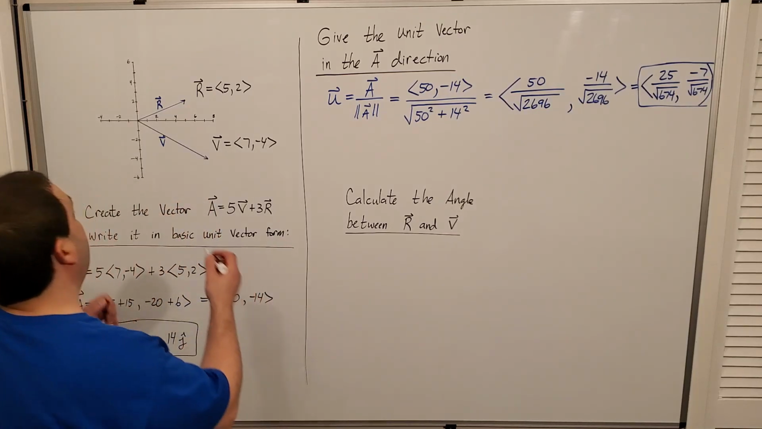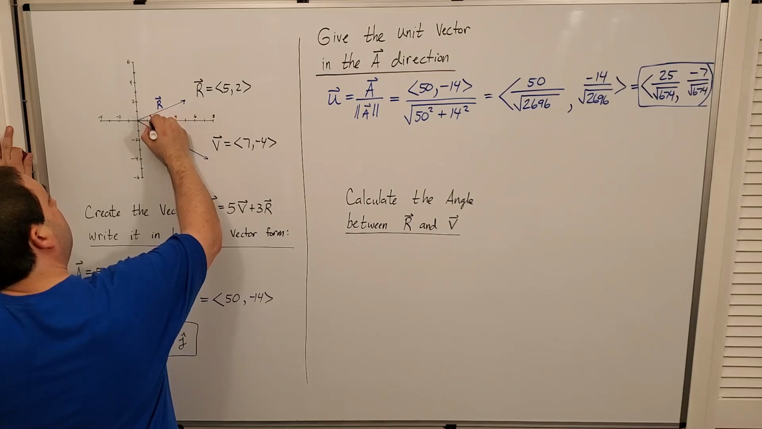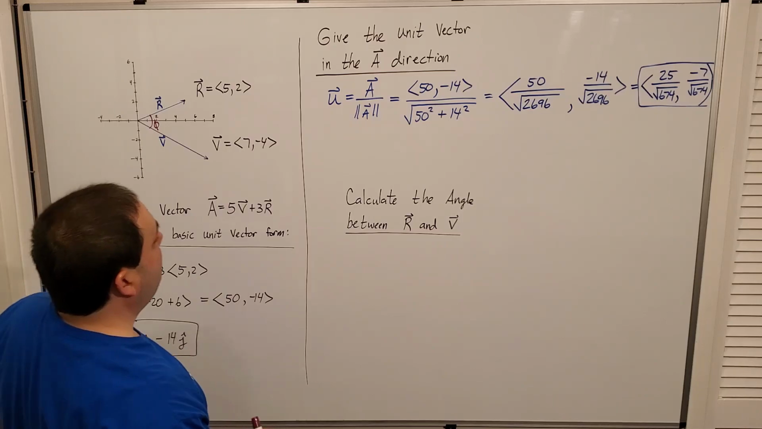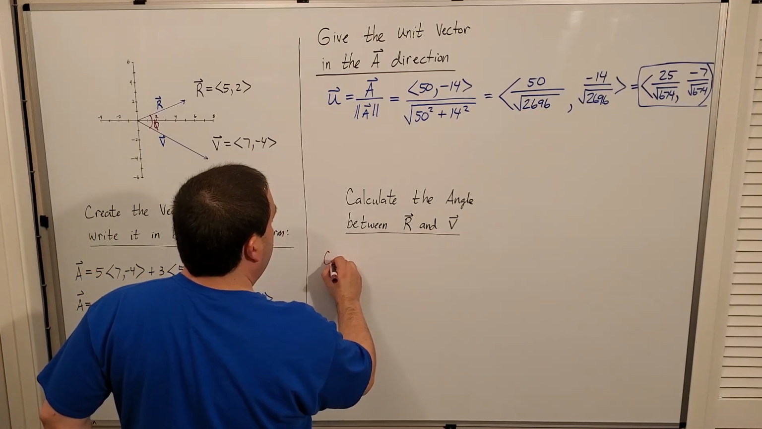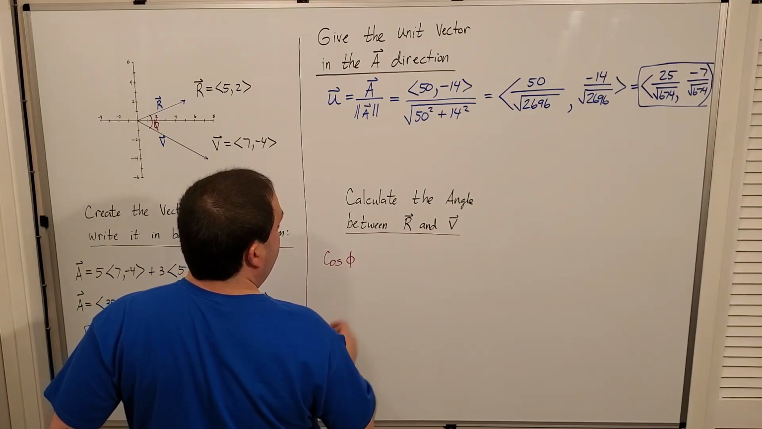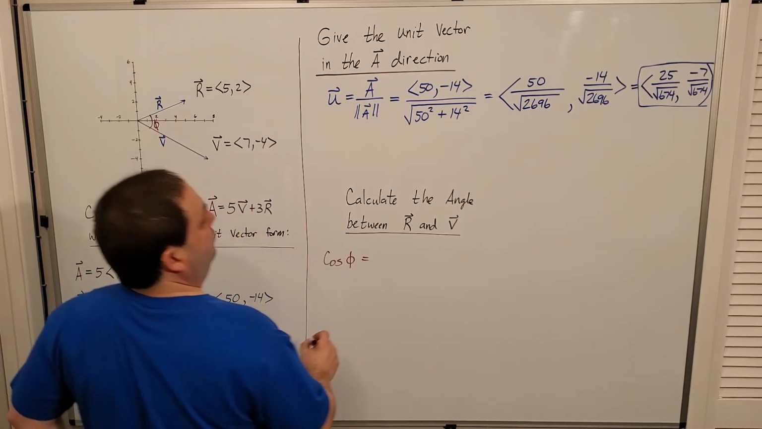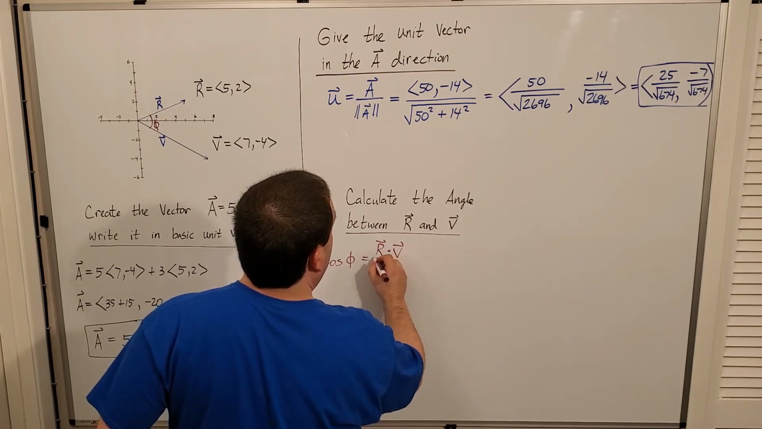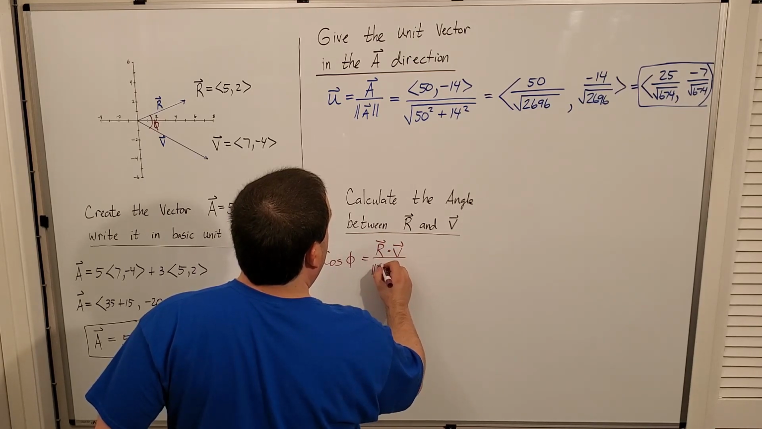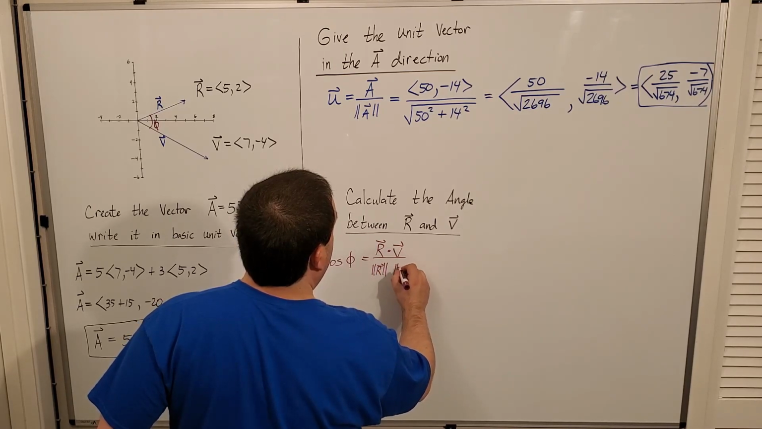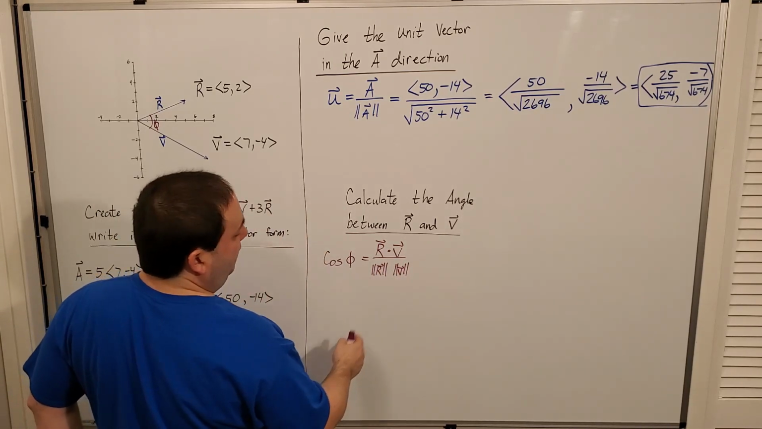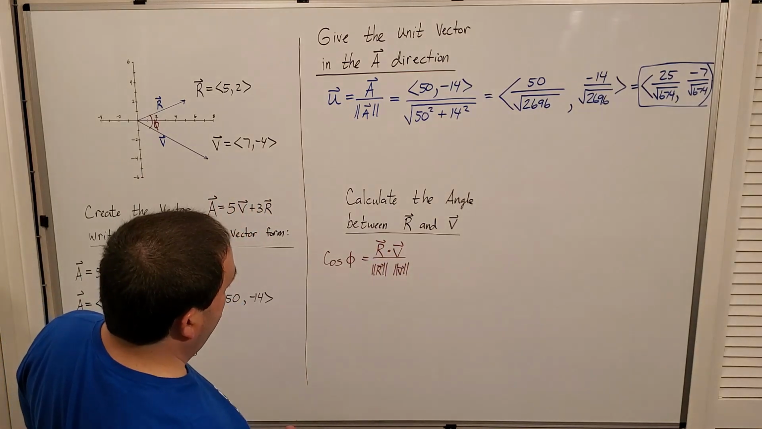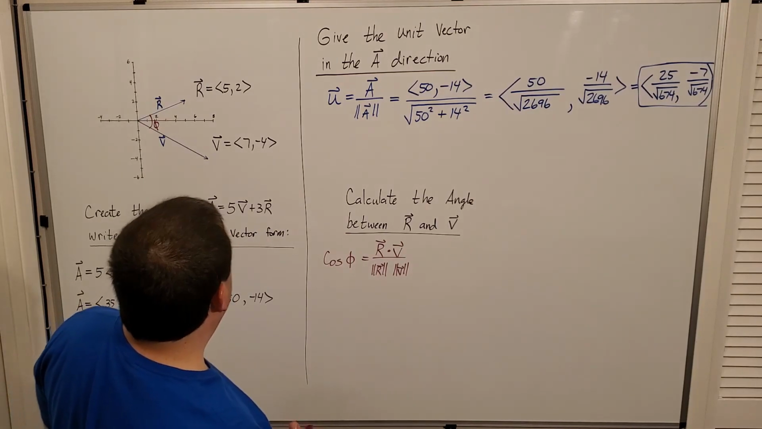So in other words, if I label this angle right here, let's label it phi, right? Then remember, the cosine of that angle phi is going to be equal to R dot V divided by the magnitude of R times the magnitude of V. Or another way of putting it, it's like you're dotting the 2 unit vectors in the R and V direction. Okay, so R dot V,